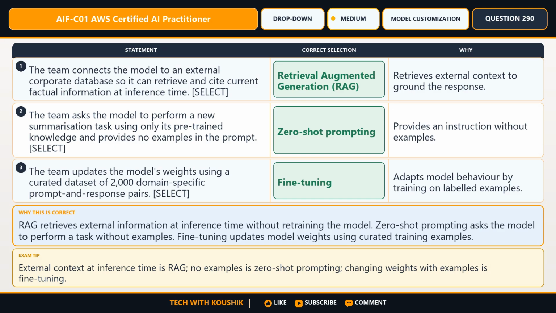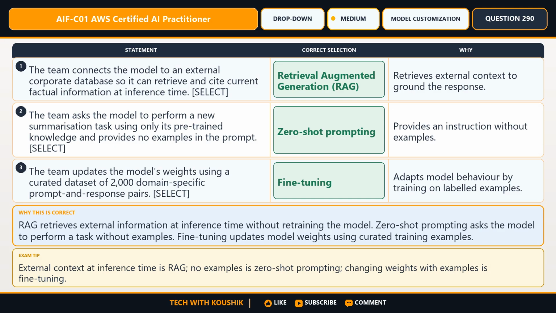Answer rows. 1. The team connects the model to an external corporate database so it can retrieve and cite current factual information at inference time. Select retrieval augmented generation, RAG. It retrieves external context to ground the response. 2. The team asks the model to perform a new summarization task using only its pre-trained knowledge and provides no examples in the prompt.